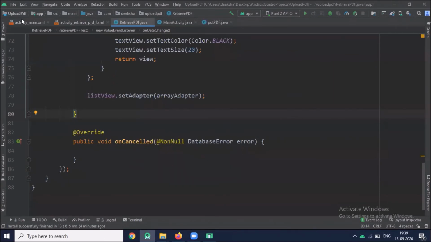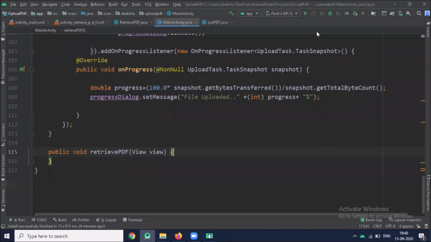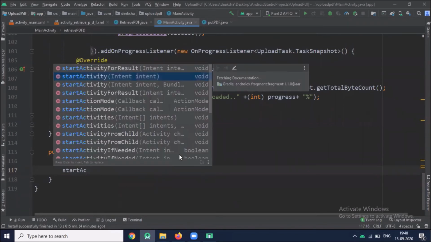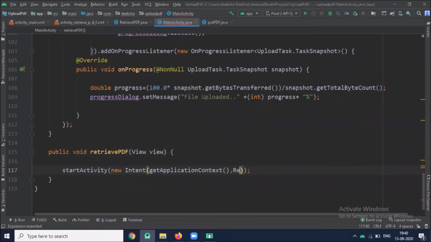Now click on activity_main.xml and create the retrievePDF method in the main activity. When I click on the button, it will display all the PDF files in the other activity.